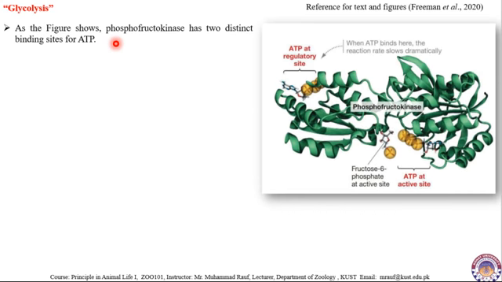So on the right side of your picture, you can see phosphofructokinase, which catalyzes the third step of glycolysis, and it has two binding sites for ATP, not one. The first binding site for ATP is the active site. When ATP is bound here, then this enzyme actively catalyzes the third step. Whereas if ATP is bound here, then this enzyme is no longer able to catalyze the